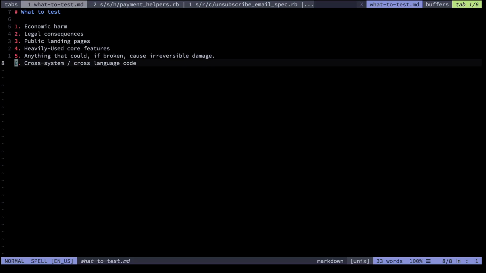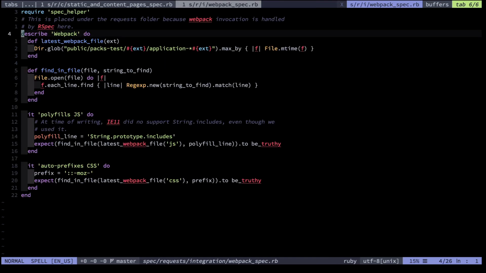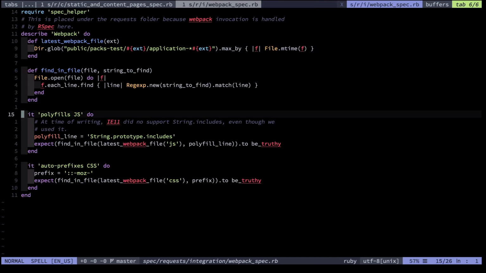The final thing I find important to test is whenever there are systems that go across language boundaries. This is true integration testing. For an example here, I actually test that Webpack works. I check that polyfills work. I found in the past when updating Webpack that sometimes, due to me not understanding the massive changes in configuration